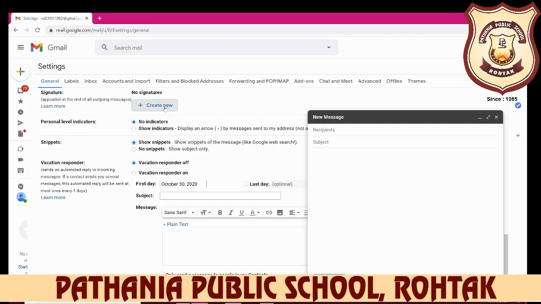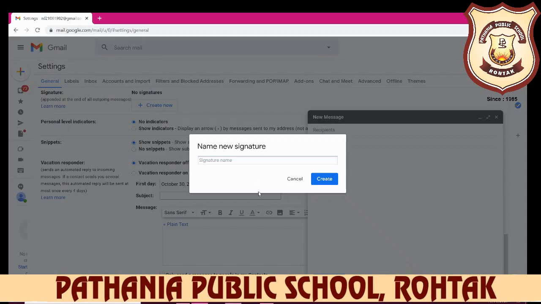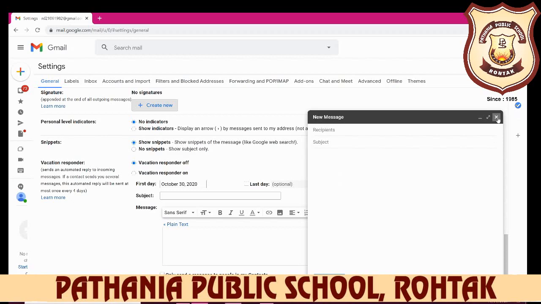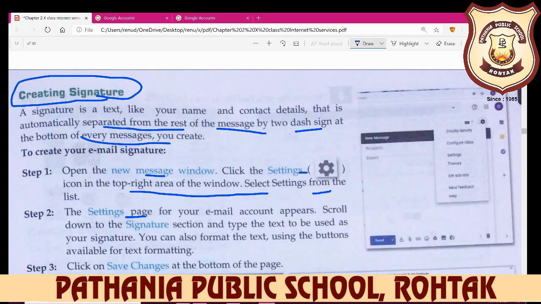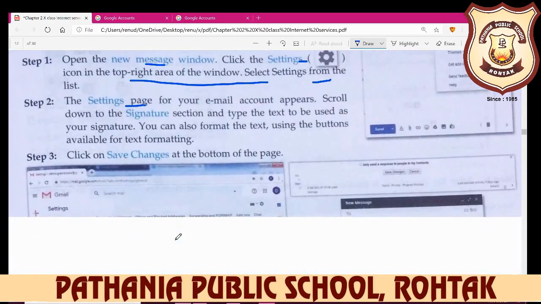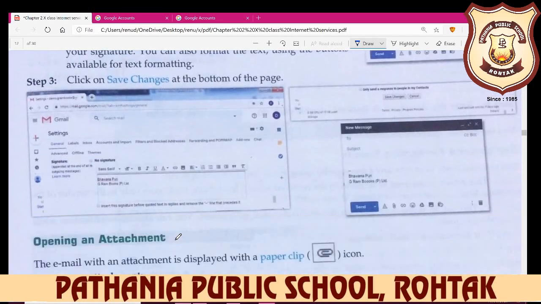So click on create new, and after clicking new, then you can write down your signature, what you want to sign it. For example, I write this way, and then click on the create button. If you don't want it, then again close it and don't write the signature here. Okay, so this way you can create your signature, and after this you can save it.